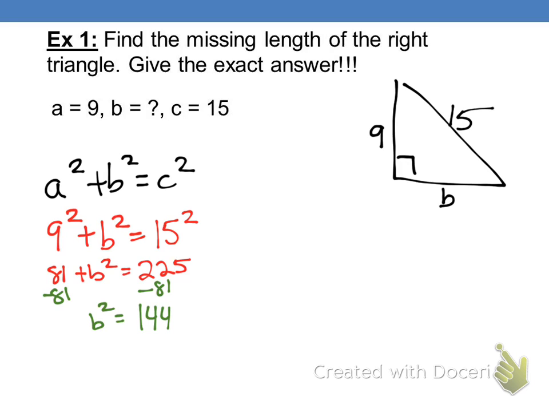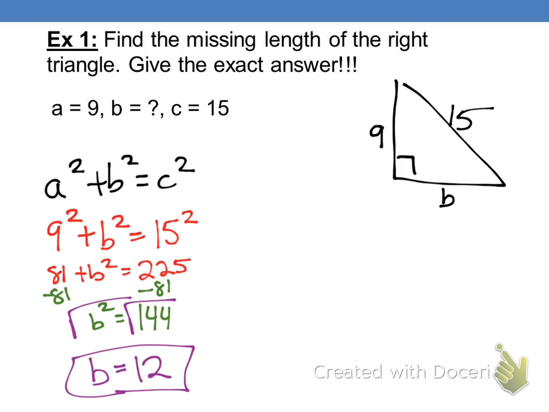All right, now this is where it connects to what we did on Monday. What's my final step to get b by itself? Take the square root of both sides. Now, do you think we need the plus or minus? Can you have a side of a triangle that's negative 12 inches long? No. So when we're talking about distance, distance is always positive. So you only need to put the positive. All right? And if it says like inches or meters or whatever, you just need to keep that right along with it. But we don't have that in this case.